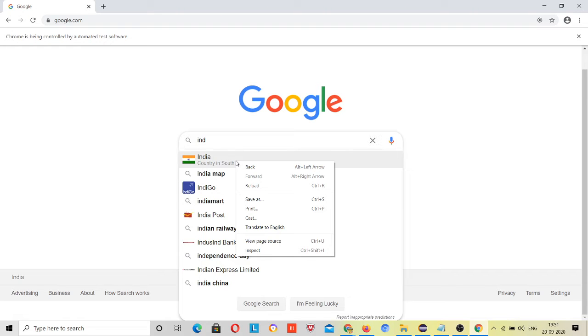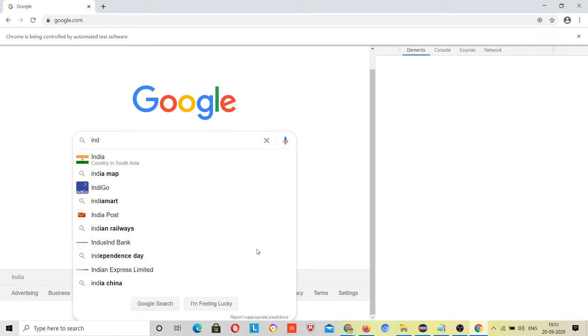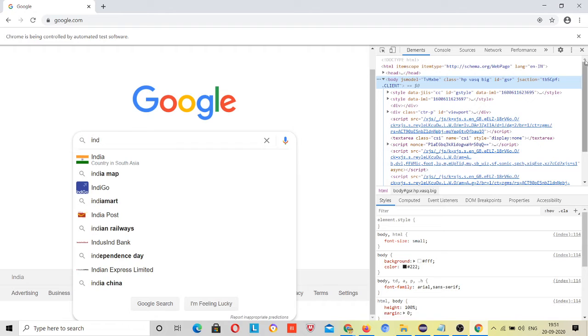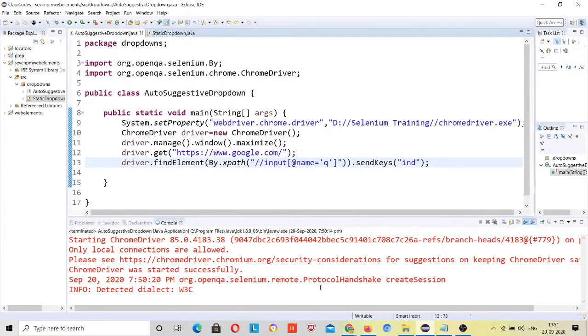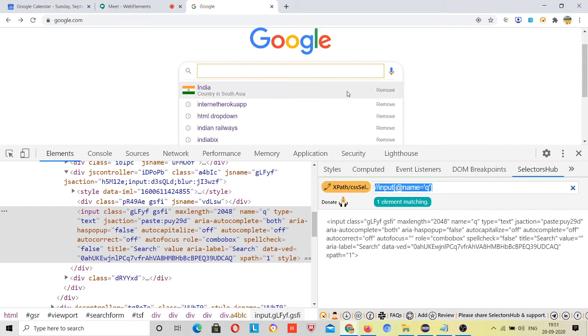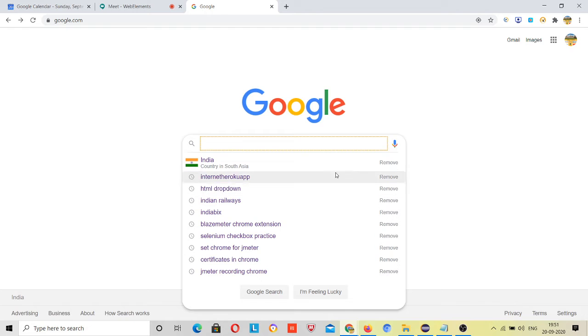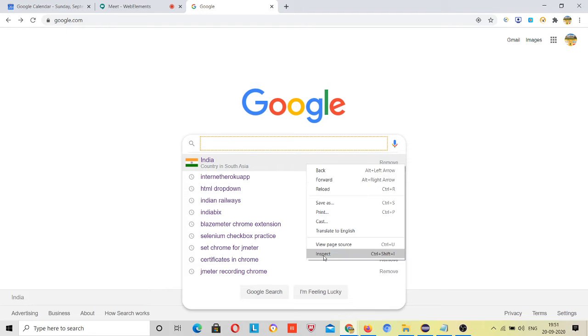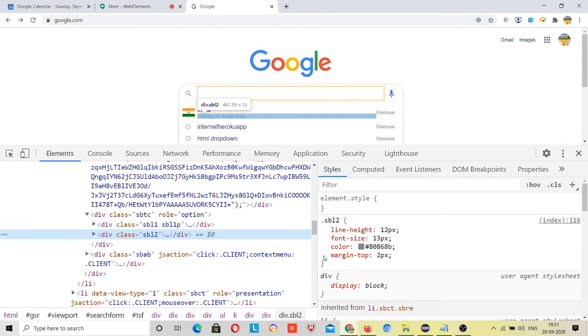So right click on this India, inspect this. Okay, let's close it and come to here. Right click on this first result and inspect this. See, if I am here, the whole thing is not getting highlighted, right?